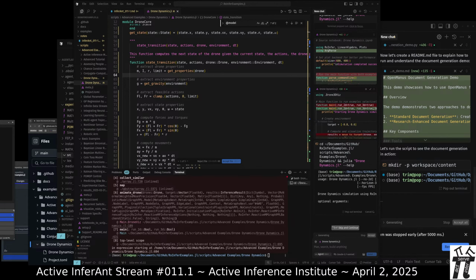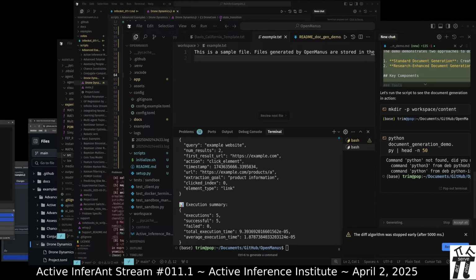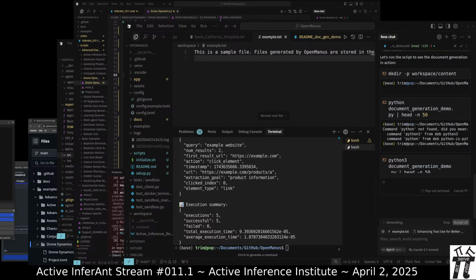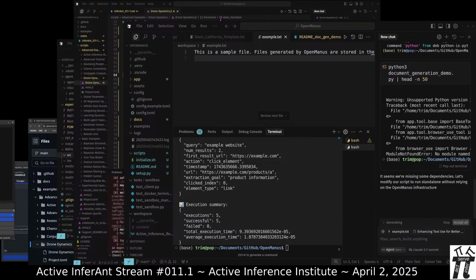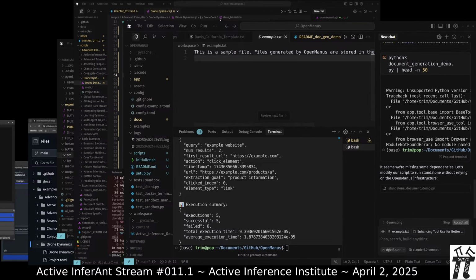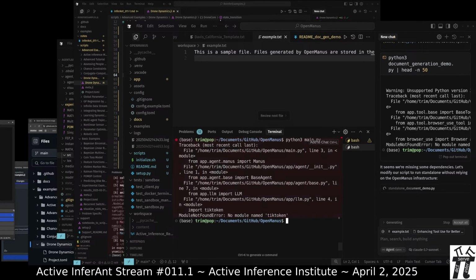So we got OpenManus being improved by Cursor to make more sequential incremental state sharing amongst runs. Let's just run the main. Let's run.